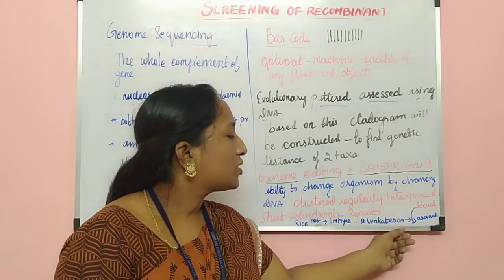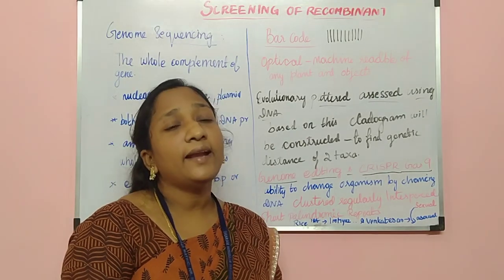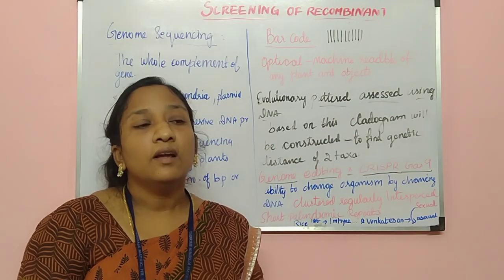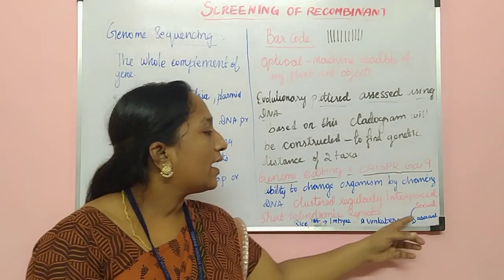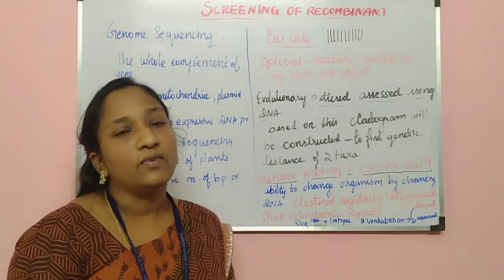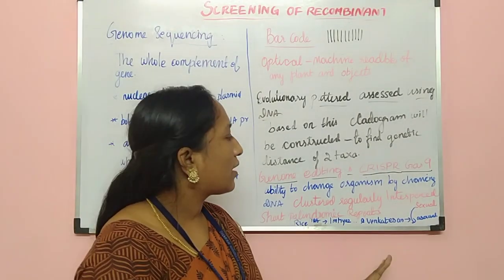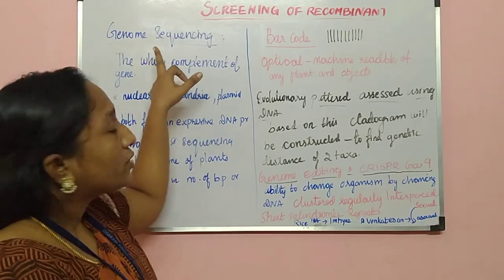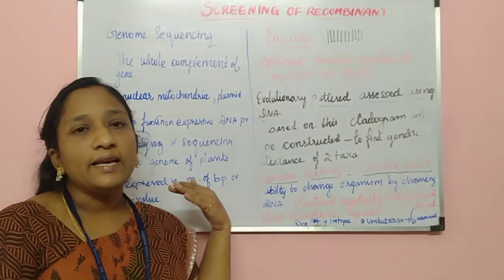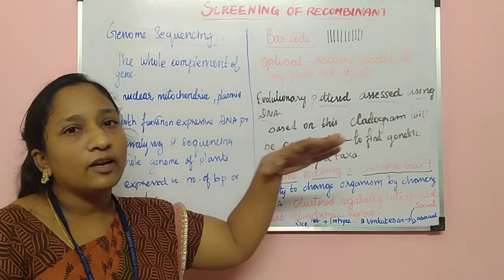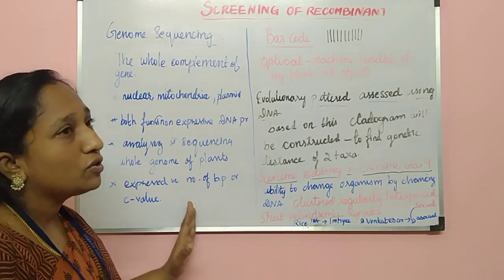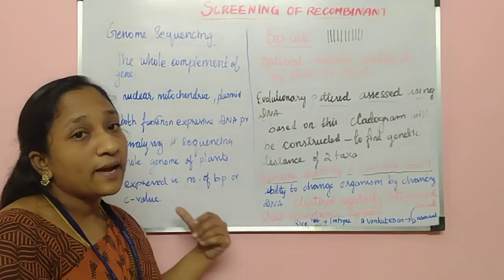Imitiaz and Venkatesan are colleagues, and they made the alteration in rice, and they converted the sexual rice plant into an asexual rice plant. Okay, so now you understood. I hope you understood about genome sequencing. What is genome sequencing? Analyzing and arranging the entire genome is called genome sequencing. For further use, it is expressed in the form of base pairs or in the form of C value.